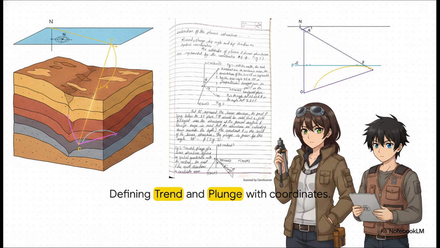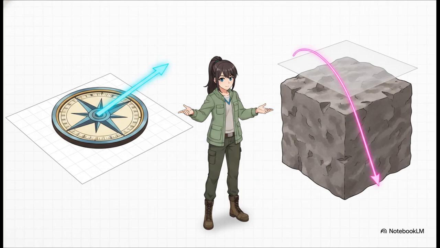That gives us an angle from north. And then we measure the angle dropping straight down from that horizontal plane to the line itself. We call these two measurements the linear equivalents to dip and strike. The plunge is the angle of tilt, basically how steep the line dives below the horizontal plane. And the trend is the compass bearing, the geographic direction that line is pointing when you project it flat onto your map. So just remember, strike and dip are for flat planes, trend and plunge are for